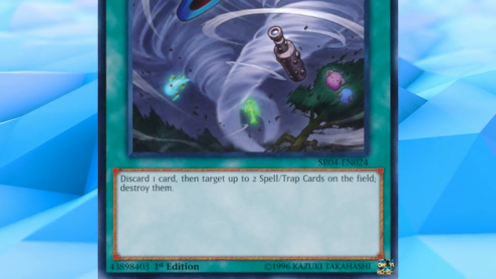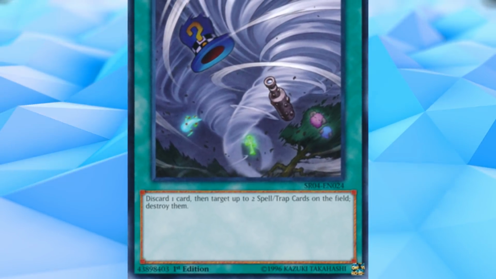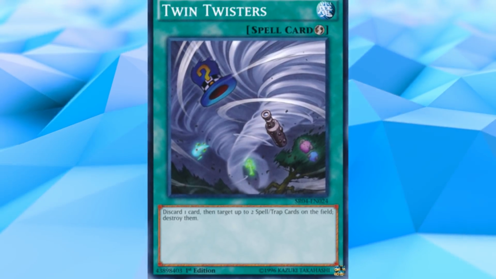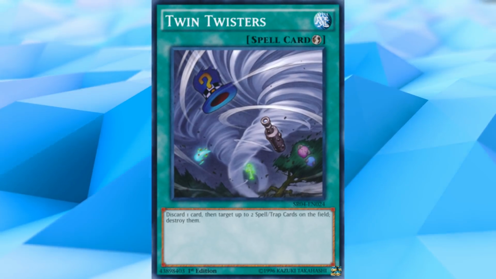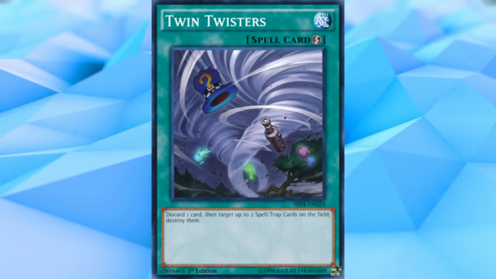Twin Twisters was hugely popular, and this was one of Konami's biggest pushes to power creep MST. Now obviously it's not better than MST in every situation. You don't always have a discard in hand, and obviously not every deck wants to discard cards, but one thing that made Twin Twisters so appealing to a lot of players, and I do apologize here because this is a bit of a conceptual thing, so try and stay with me, but